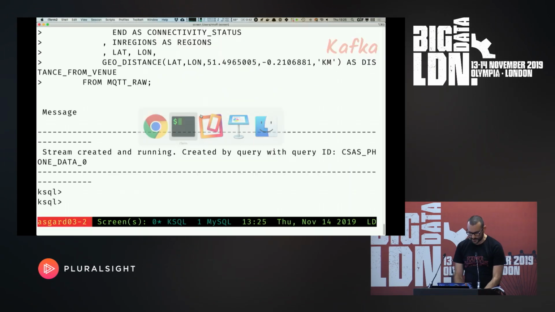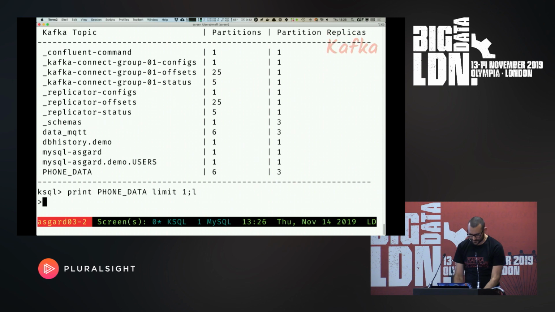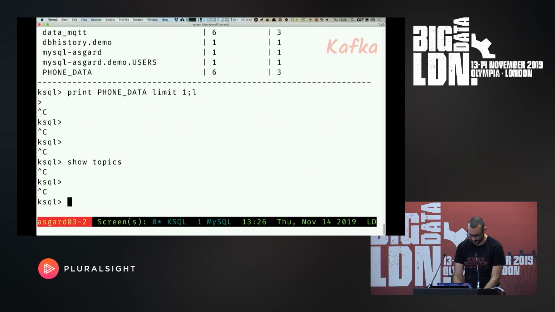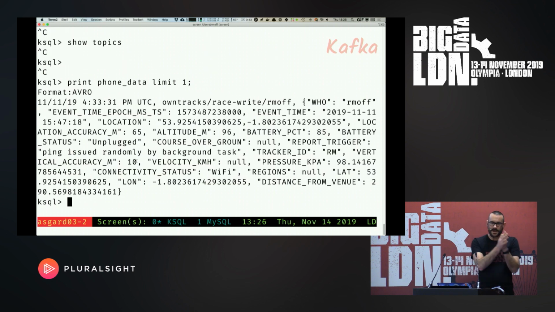And all of this goes back to a Kafka topic. SHOW TOPICS, we've got a new Kafka topic. PRINT phone_data LIMIT 1. Just show me the first record. Okay, there's a Kafka topic with some data in that just happens to have been processed by KSQL, but it's